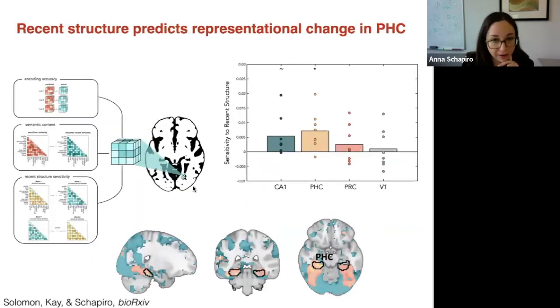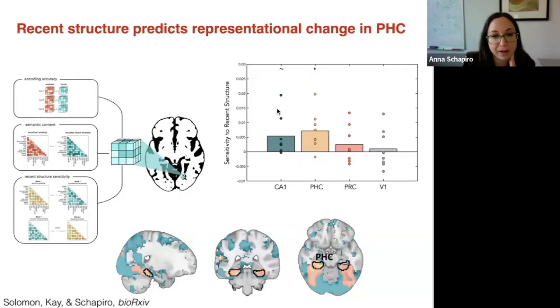And we find that there are regions that are changing on this timescale, and it's in particular this parahippocampal cortex region. So here's the whole brain version where you can see that we get this hotspot in parahippocampal cortex, and our ROI version shows this as well. In this very anterior region in the ventral visual stream, just before you get to the hippocampus, you're getting these rapid shifts as a function of the recent statistics that you've seen. This effect was marginal in CA1, which is interesting to us, but it doesn't seem like the hippocampus is really driving the effect here.